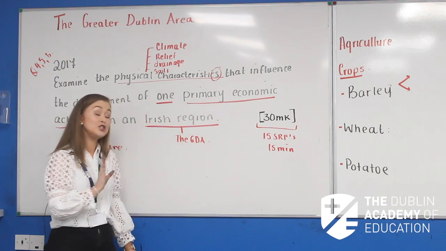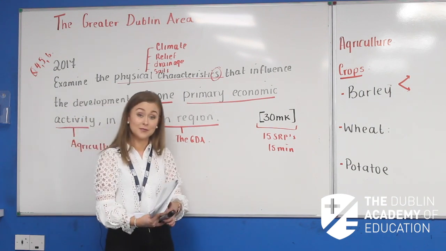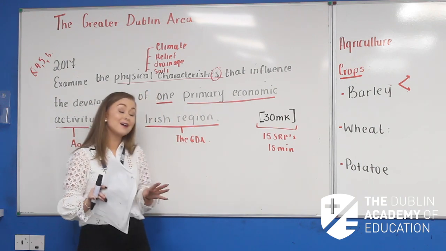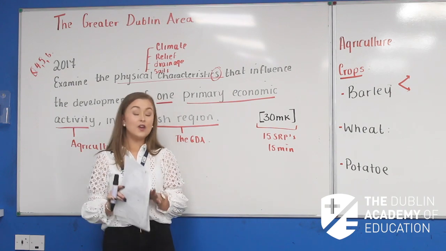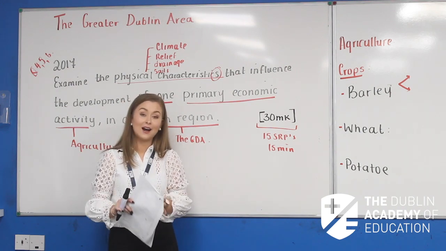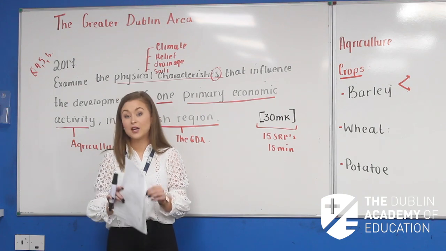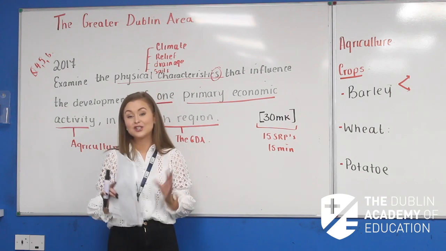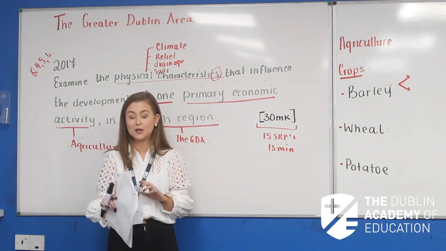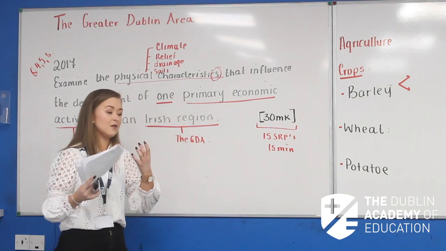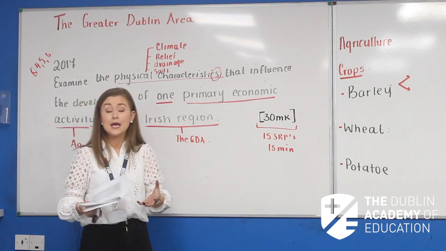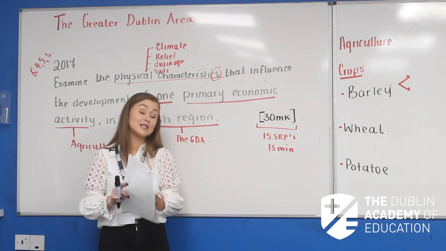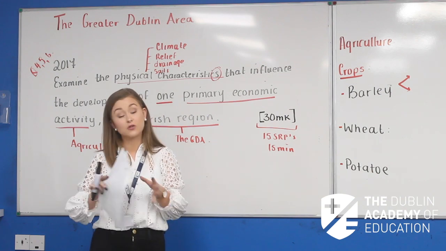The last thing here, and I do want you to jot this down beside market. Now, the GDA has a very good market, okay? So you have a market of 1.9 million people within the region, okay? That's a large, affluent market. Now, you'll hear me saying the word affluent quite a lot. It means wealthy, okay? So it's a large, affluent market of 1.9 million people where basically we're saying farmers can sell their produce. Now, not only can we sell our produce to the individuals in the GDA, in the Greater Dublin area,